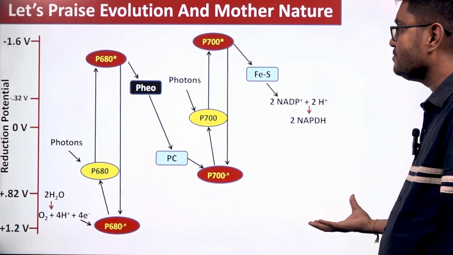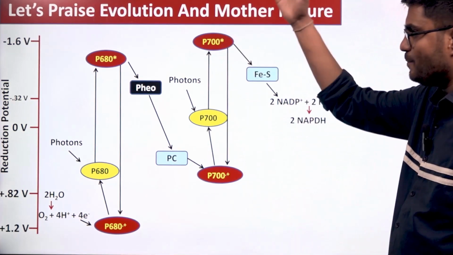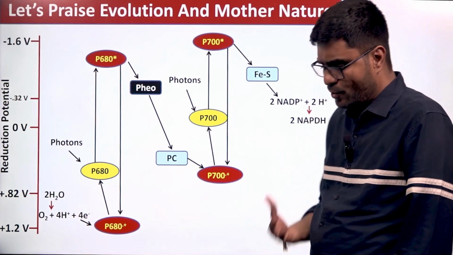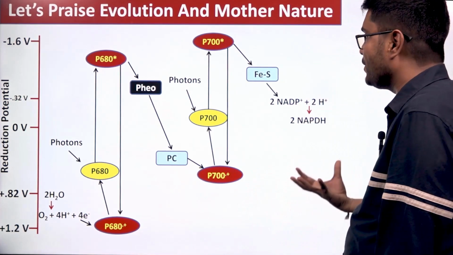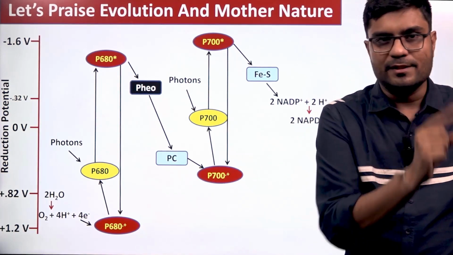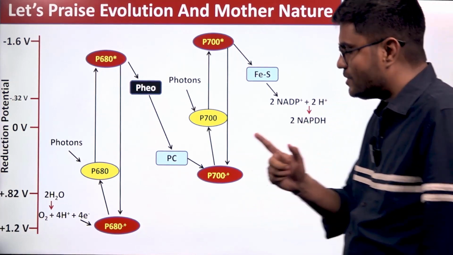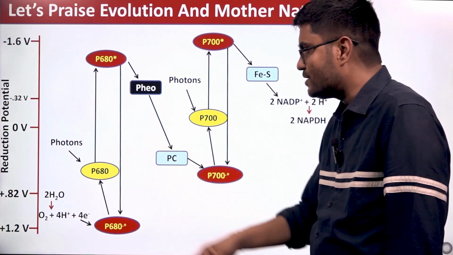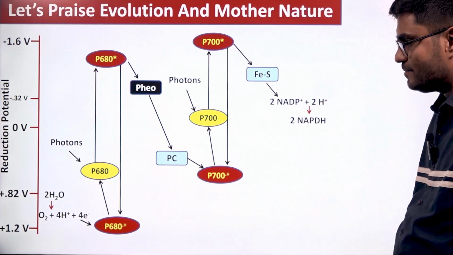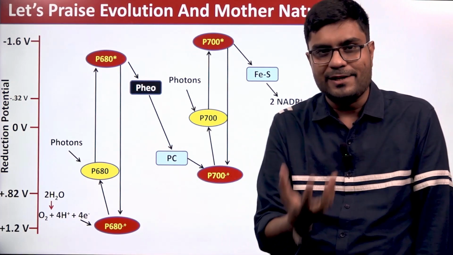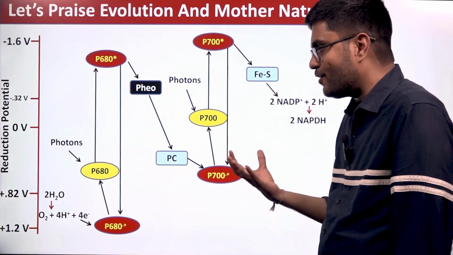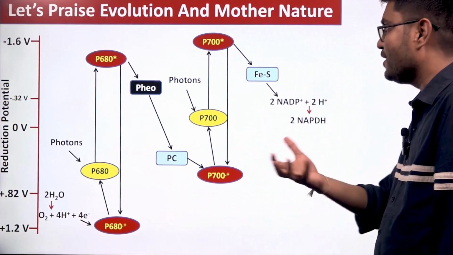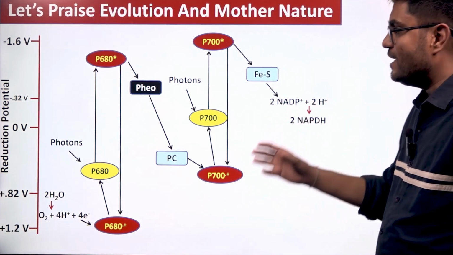Amazing design. Molecules are changing their positions on the graph. Molecules are so dynamic in terms of their reduction potential to do only one thing: snatch the electron from the water molecule and give those electrons to NADP plus, to do an uphill task where electrons are flowing from high reduction potential to low reduction potential by utilizing light,